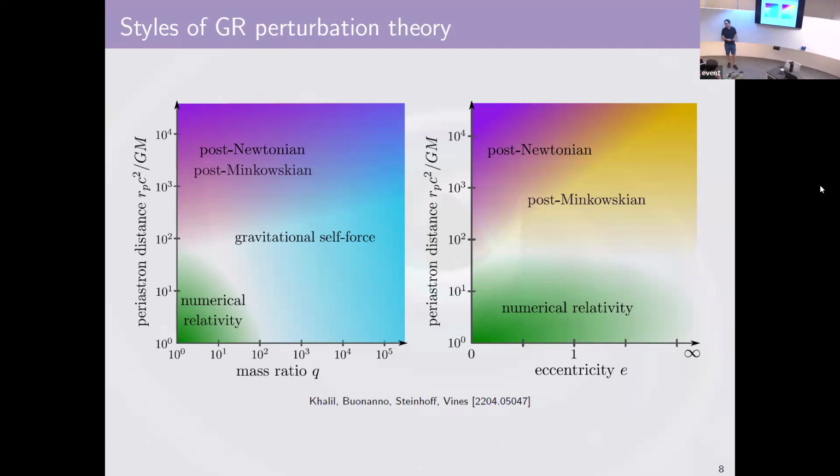But that also applies to inspiral orbits, right? Because slowly inspiraling circular orbits, it still means that you cannot apply it. Yes. So a slowly inspiraling circular orbit means post-Minkowskian is not a good choice. Right. But the place where it actually breaks down is relatively deep in perturbation theory.